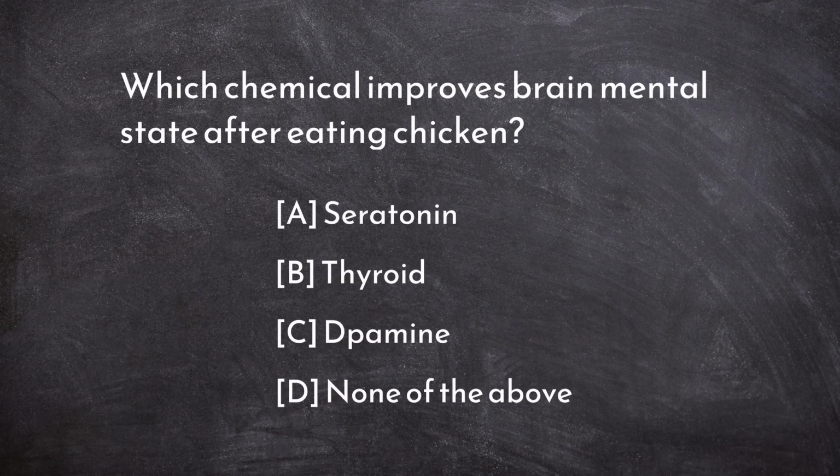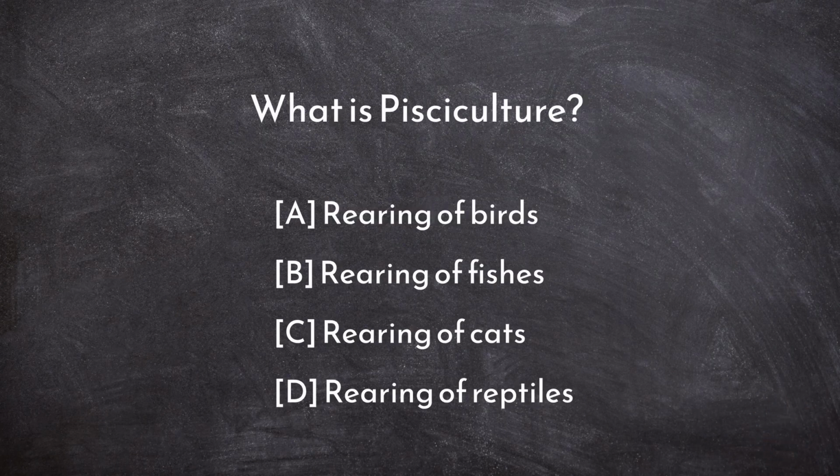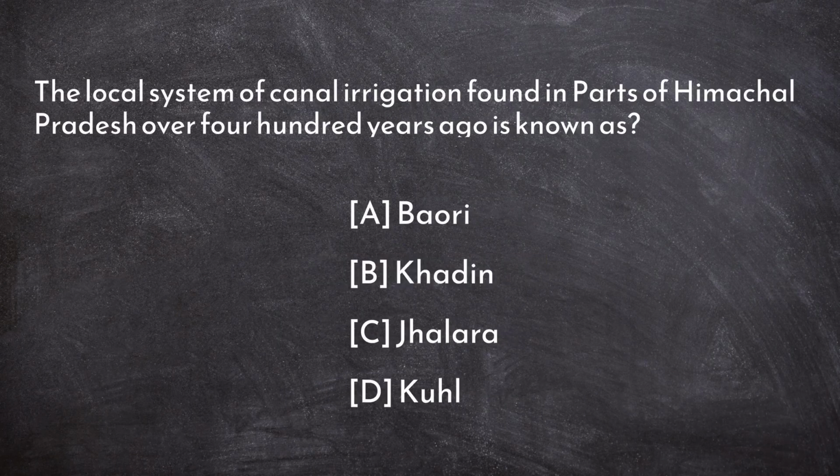$750 million. Which chemical improves brain mental state after eating chicken? Serotonin. What is pisciculture? Rearing of fishes. The local system of canal irrigation found in parts of Himachal Pradesh over 400 years ago is known as